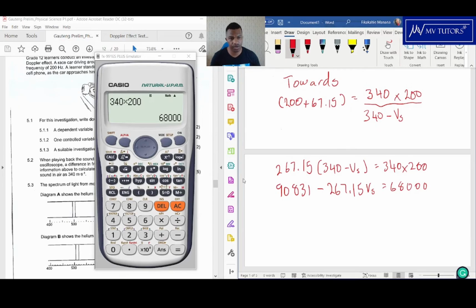Okay, so what I want to do now is take all numbers to one side and leave Vs. If I take Vs to the other side, it becomes positive. If I take this number to the other side, it's negative. So I'm just going to say 9831 minus 6800, and that's going to be equal to that, and then I need to divide it by the